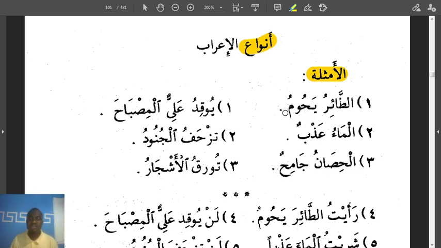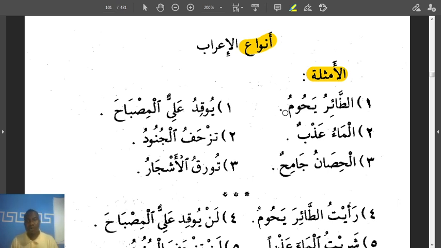And I've already explained that when we say hama, yahumu, we mean to hover. It is mostly used in relation to birds, because when the bird finds a pond of water and wants to drink from it, it comes low, but it doesn't land. It keeps hitting with its beak in the water and picking pieces. So it keeps hovering over the water.